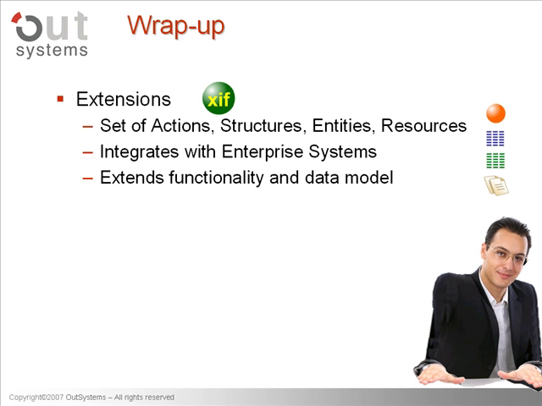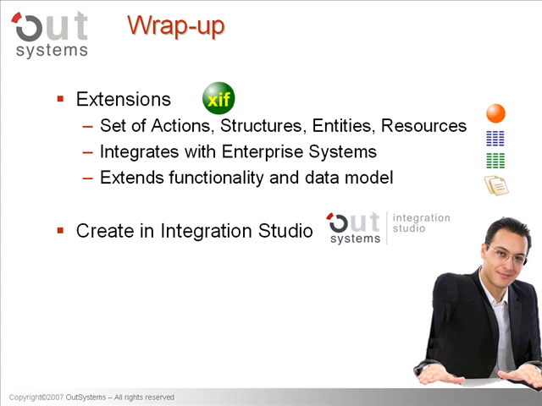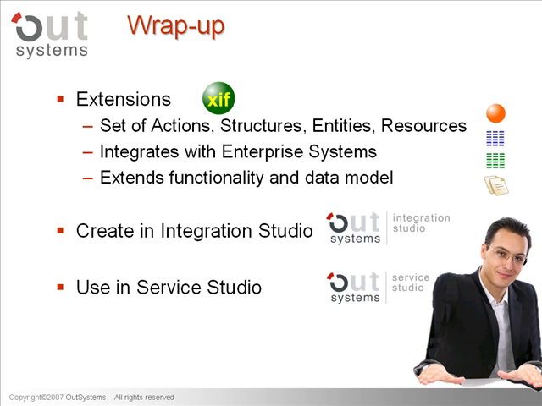You also know that you create them in the Integration Studio, OutSystems integration visual environment that allows you to rapidly and efficiently create and publish extensions. Finally, you know that you use extensions in your eSpaces in Service Studio by referencing their actions, structures, entities, and resources through the Add Remove References functionality, and then you can use them as if they had been created manually in your eSpace, with the difference that they cannot be